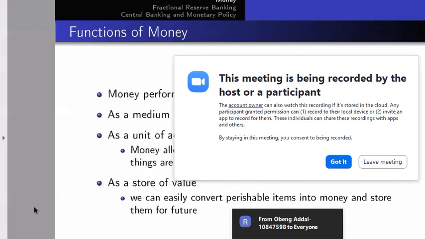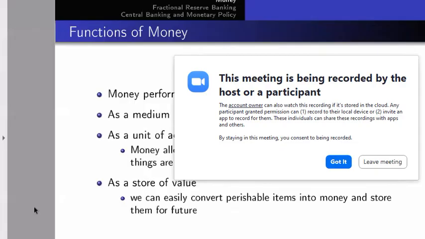Money has three main functions. First, it is used as a medium of exchange. It is supposed to facilitate exchange. Second, a unit of account. It allows us to value all things in terms of money and compare. It will be difficult to compare one bottle of beer to one bottle of Avaro. But if I know that a beer costs 20 pesos and Avaro costs 10 pesos, then I can compare the two easily. That is what the unit of account means.